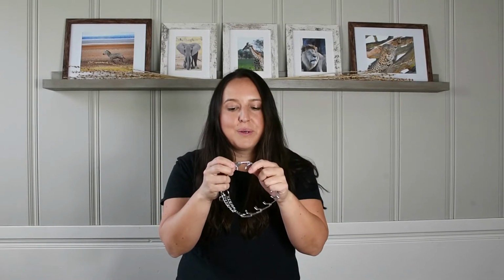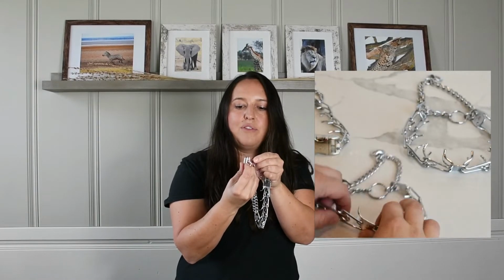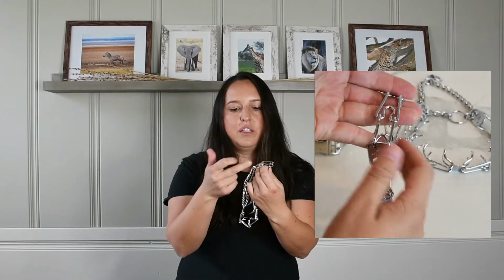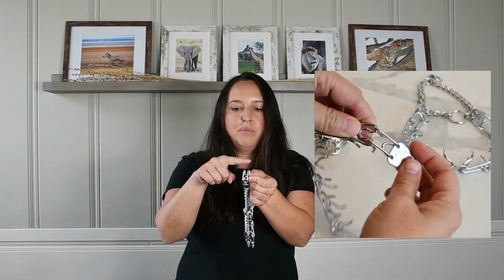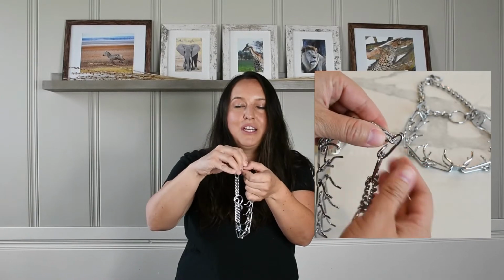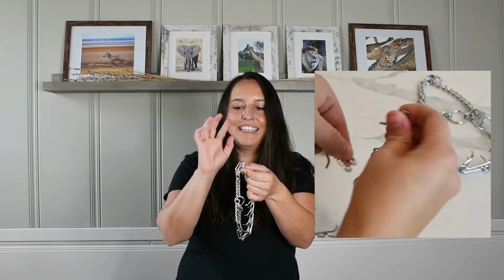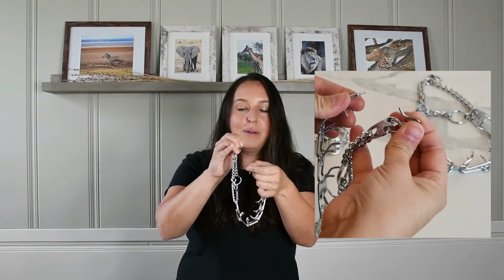Okay, so how do you put it on the dog? Well, pretty simple, really. All these links here come out individually, so you can pull from wherever to put it on your dog. So you've got your dog, okay? Now you're going to get these links here, and you're going to slide one of them up. I like to use the one near the chain, okay? And I grab these two little points right here. I pinch them, okay? Just slightly. Don't pinch them too hard, okay? You might bend them over time, but just a little bit of might,